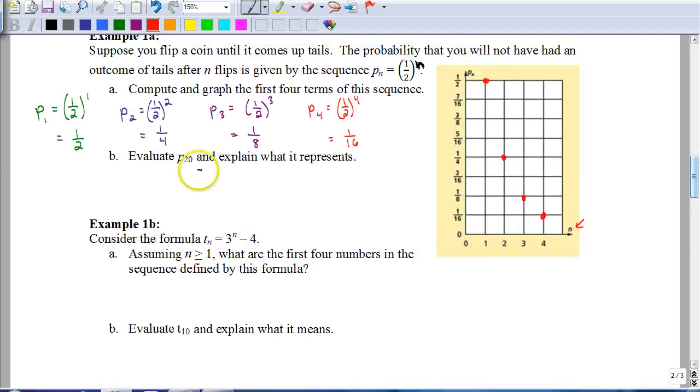Actually, I forgot to do part B here. Let's look at that one. P sub 20, let's evaluate what that would be. Now, P sub 20 means that I'd put 20 in for n. So it would be 1/2 to the 20th power. Now, if you do this on your calculator, instead of getting a decimal as an answer, I'm going to do it as a fraction. That'll better help me explain what it represents. And 2 to the 20th power is